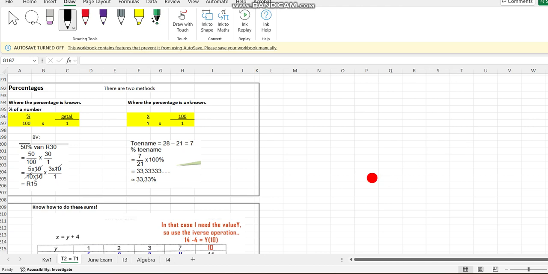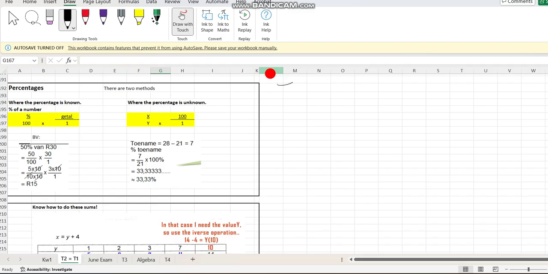So percentages, it's quite easy. As I've taught you guys, there's only two methods you can do. One where the percentage is known, because they give it to you, and the other one where it's not. So let's just quickly demonstrate the two. So if they, for example, say,